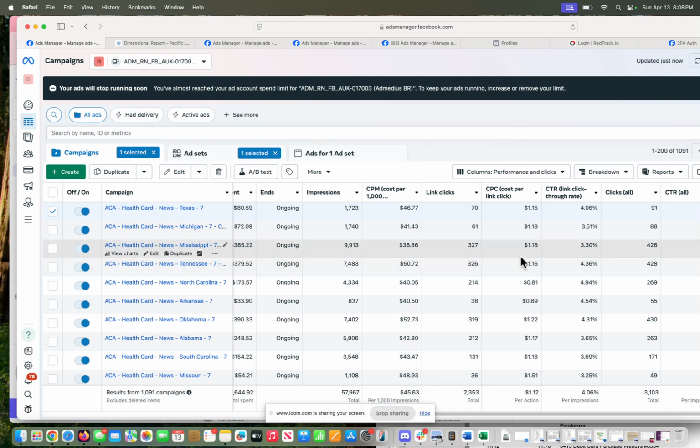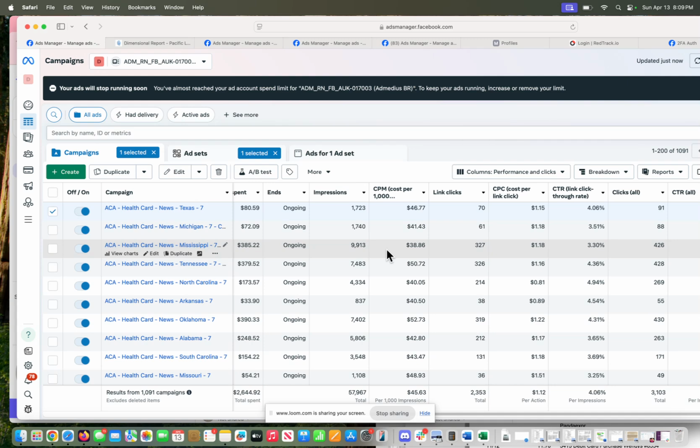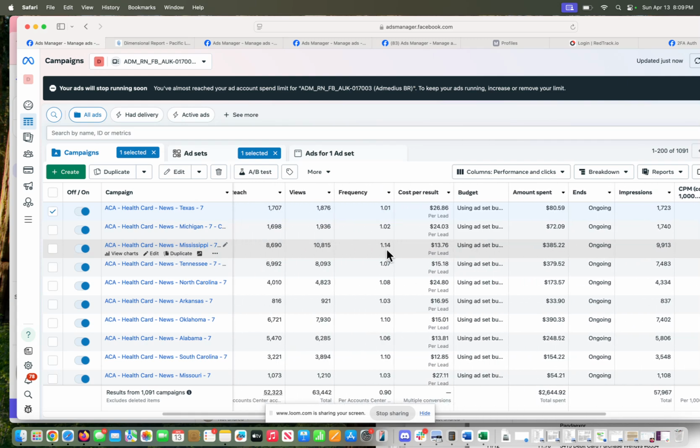Or if the cost per click is super high, then that might not be a good creative. Or if the click-through rate is super low, then you might be more prone to turn it off early. But if metrics look good, and by good I would say below around $1 cost per click, and click-through rate anywhere from 1.5 to 4, just let it roll, because the metrics are fine, thinking that Meta will find the right audience for it.